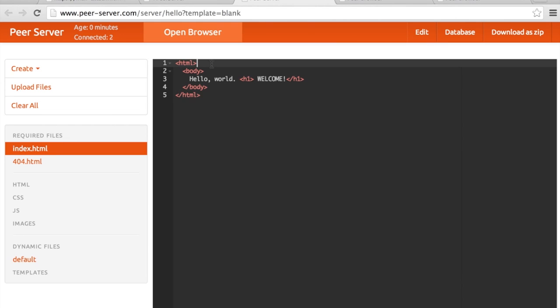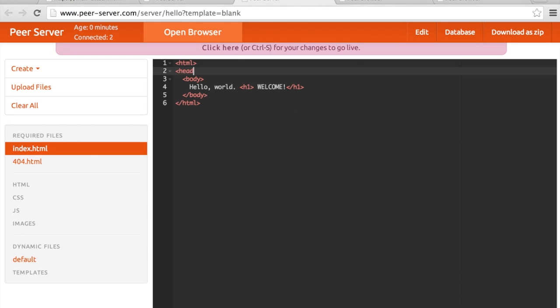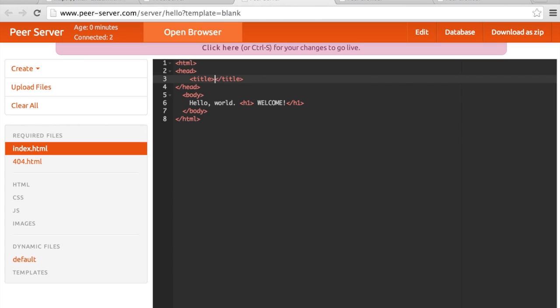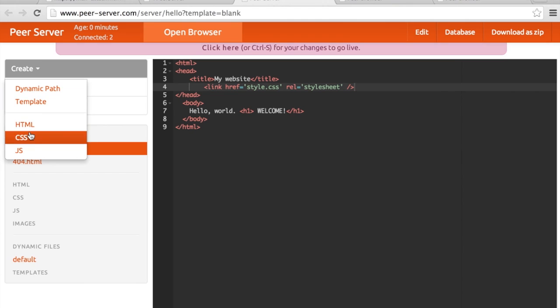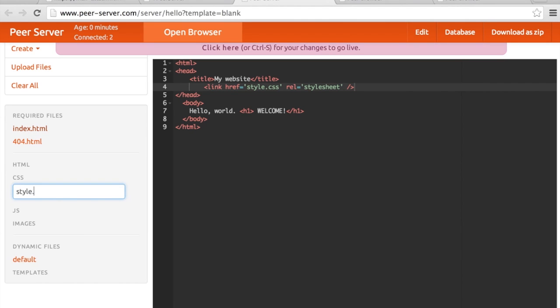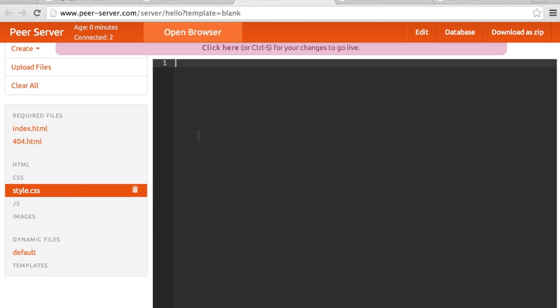Maybe we're going to add a head. We can name it saying my website, and then let's go ahead and add in a style sheet. But the problem is that right now we don't have a style sheet, which means we should go and create one. So we can go ahead and create a CSS file, call it style.css, and just go ahead and add in some